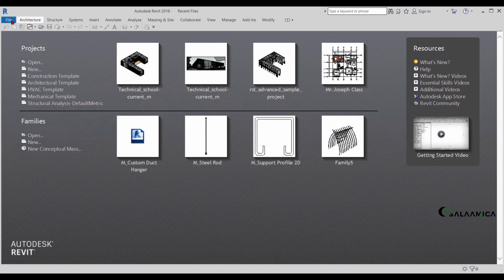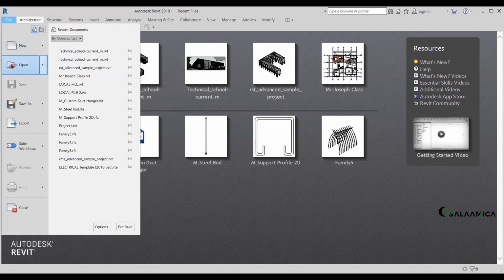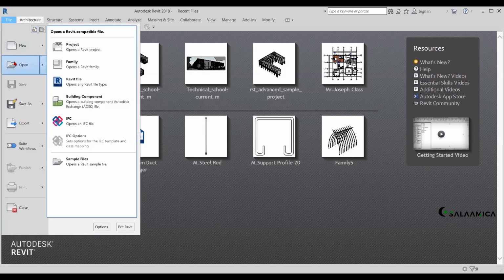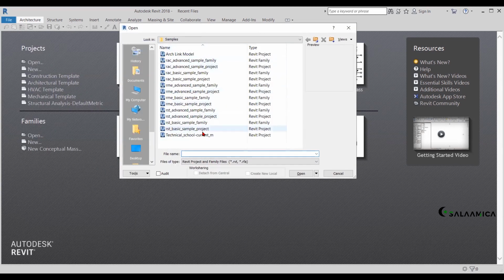You can go to this file tab, then open. Just don't click open, just place your cursor on open, then sample files. Then let's open this technical school metric file and click open.